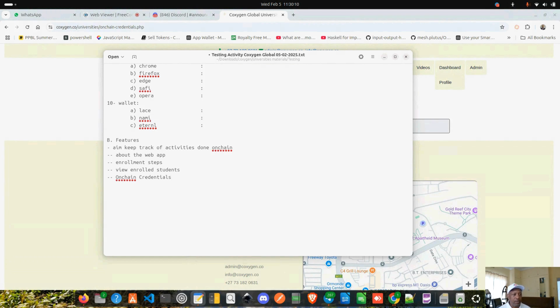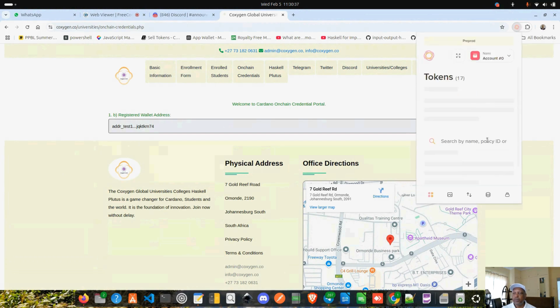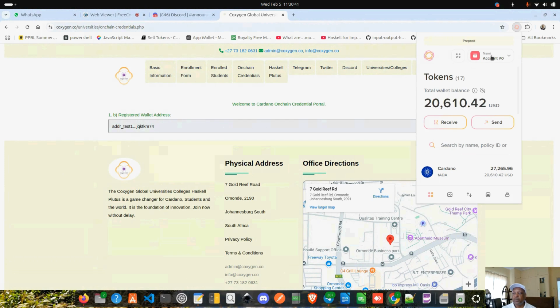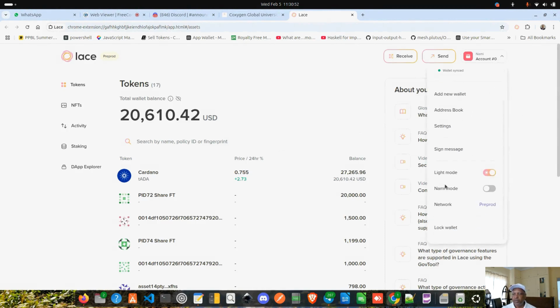So on the on-chain credentials, all what you simply do there is verify email. It will give you that this one is verified. Do I have another one that is, I don't have it here. Let me check if I can have another account here. Let me check if I can have another account. I can try. I tried with Eternal. It showed me something that